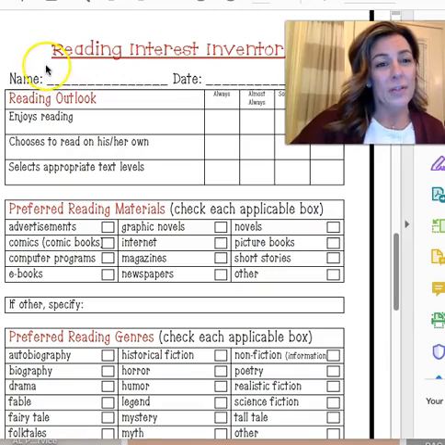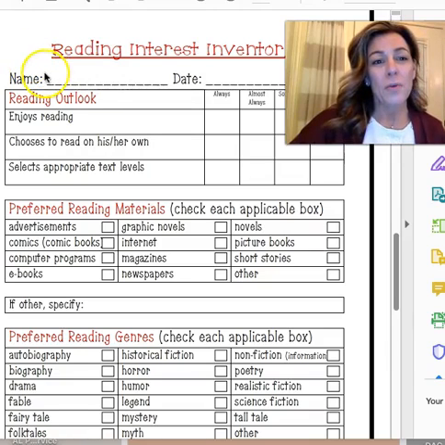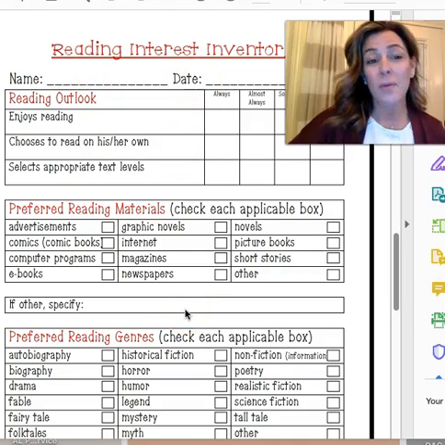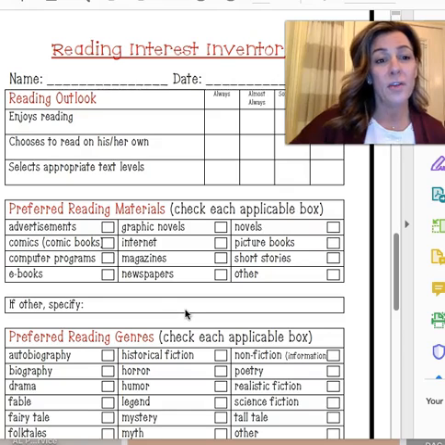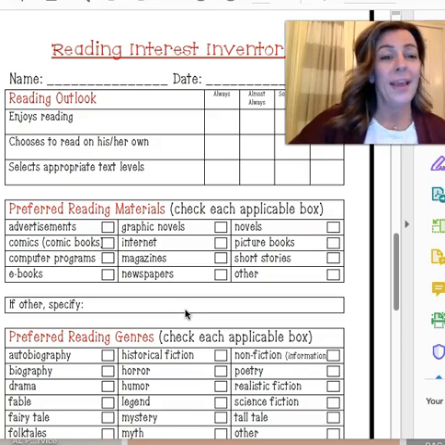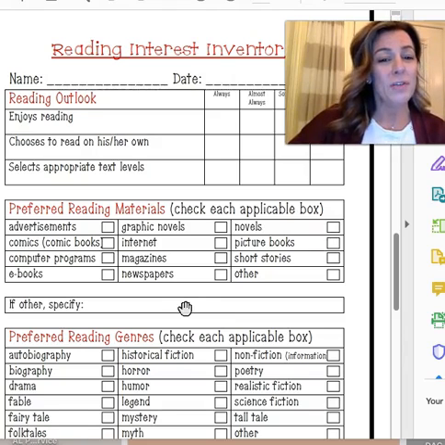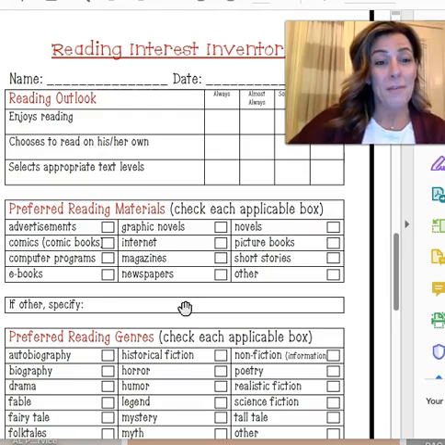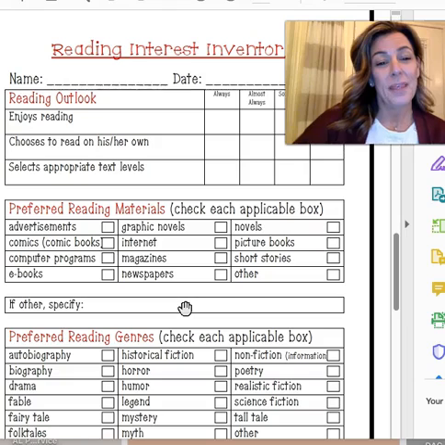One way an interest inventory can be set up is through a certain subject matter, like reading here. We have a reading interest inventory, and this is really helpful because it will help you to know right away if you have a student who has a good feeling about reading or someone who has a negative feeling about reading, and it will give you those clues to help you know how to work on changing their paradigm about reading from maybe a negative feeling to a positive by using some of the information found here to help target